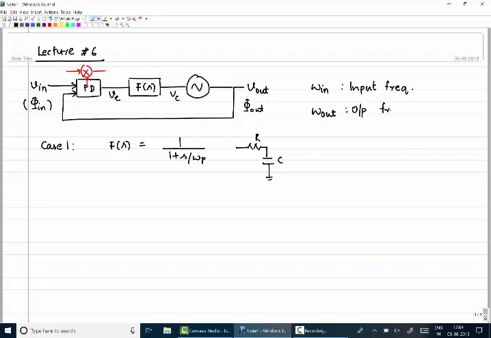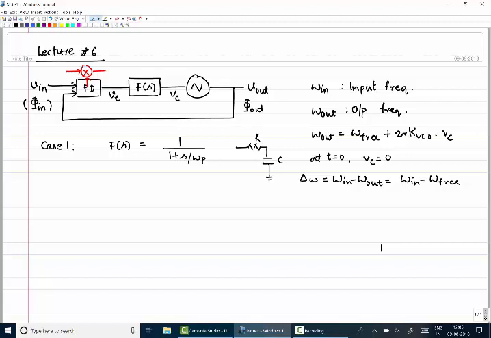Omega out is equal to omega free plus 2 pi times kVCO times VC. Let's set it up. So if at time instant t equals 0 your VC was 0, then omega in minus omega out is equal to omega in minus omega free,